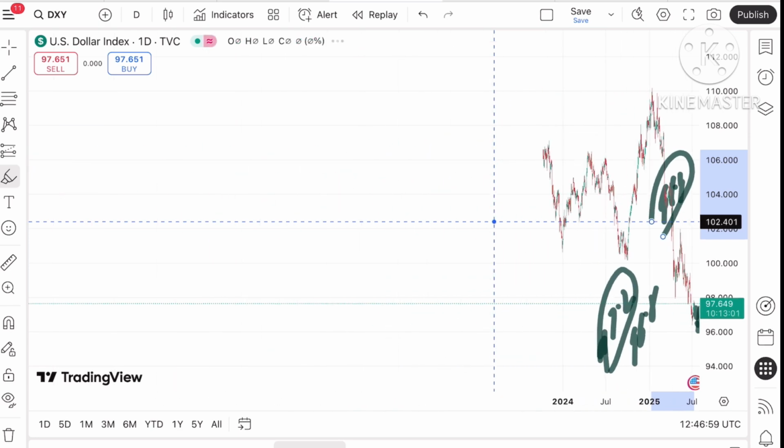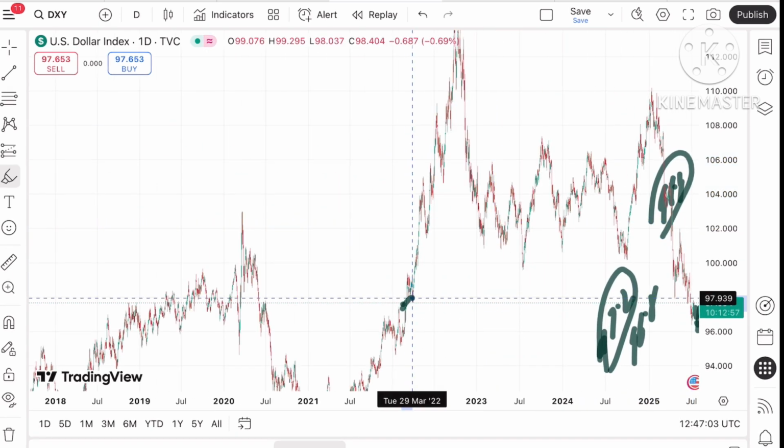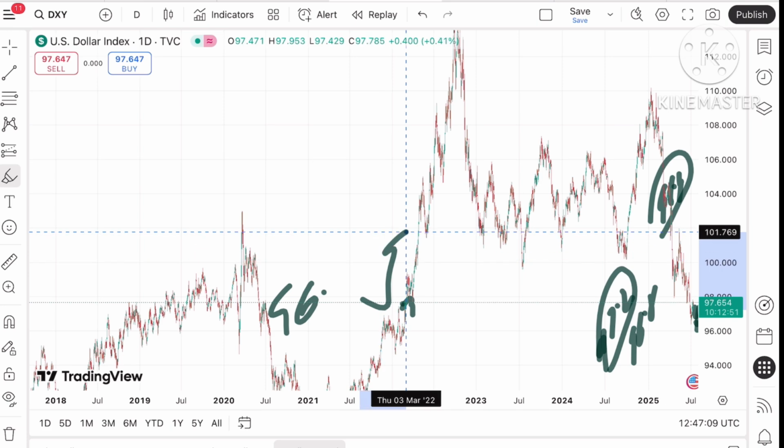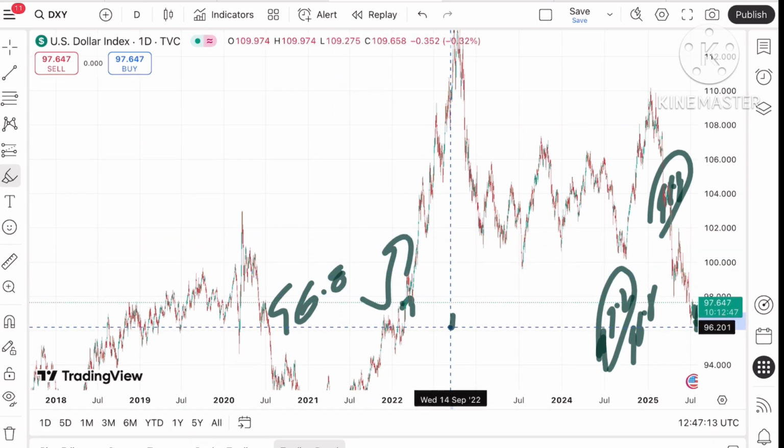And once the price falls below this level, then we can see the price can go for the fall, because this level we have seen in 2022. Okay, so if it starts falling below this level, it can touch a level of 96. From there, a bounce back we can see towards 96.8, and if that doesn't sustain, we can see